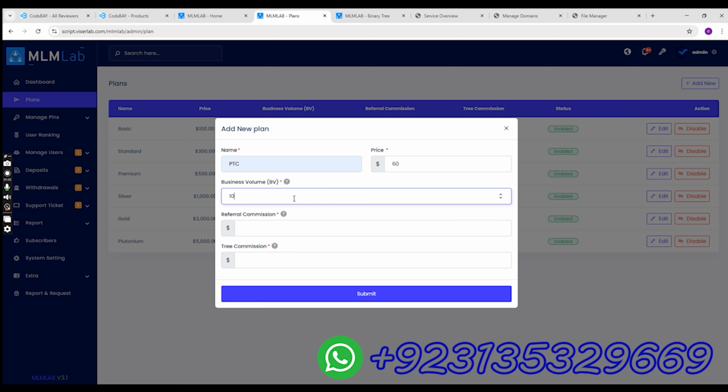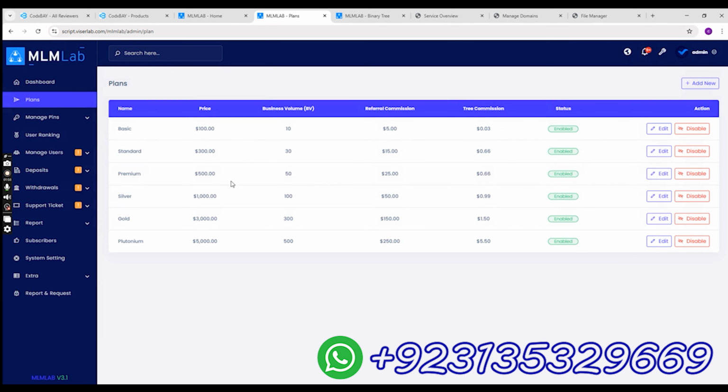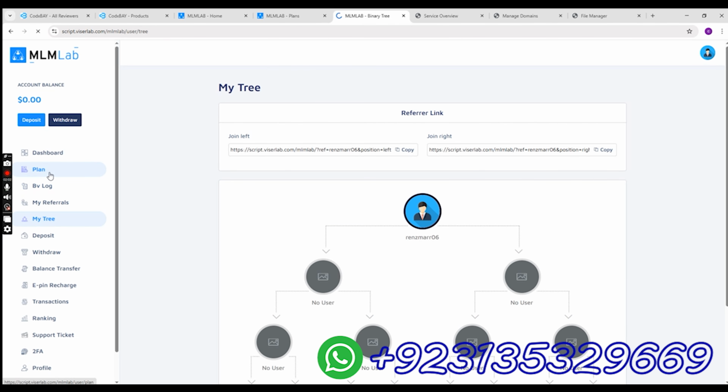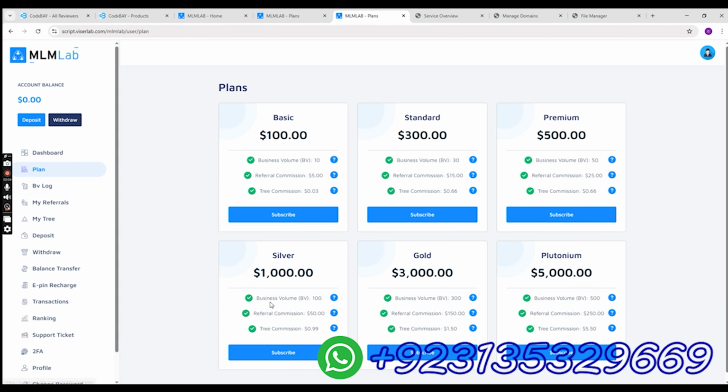And if I am on his right side, when his left side will also buy the same plan, then he will get the matching bonus and he'll get $20 in his withdrawable balance. Next is referral commission. You easily know referral commission, tree commission. That's simple, and submit. Once you fill in the details, you can submit the plan, and it should show the plan on the plans page right here.